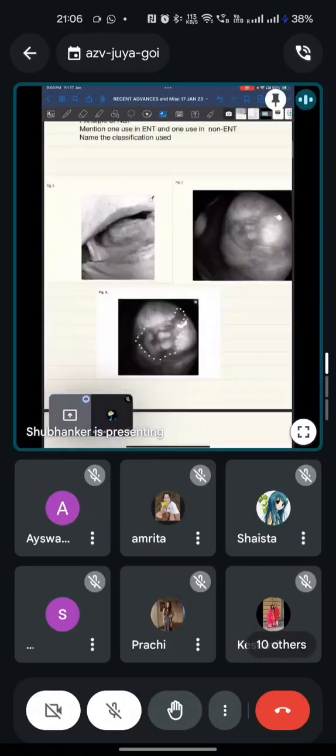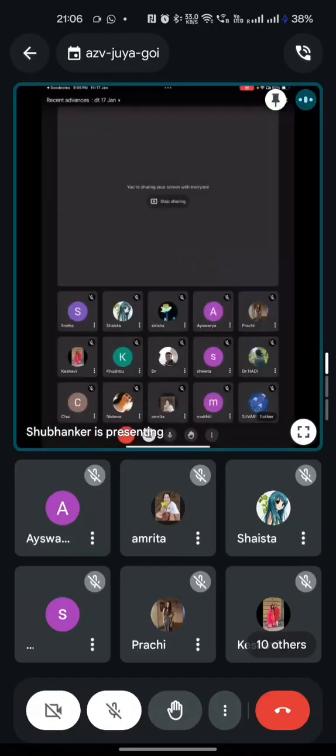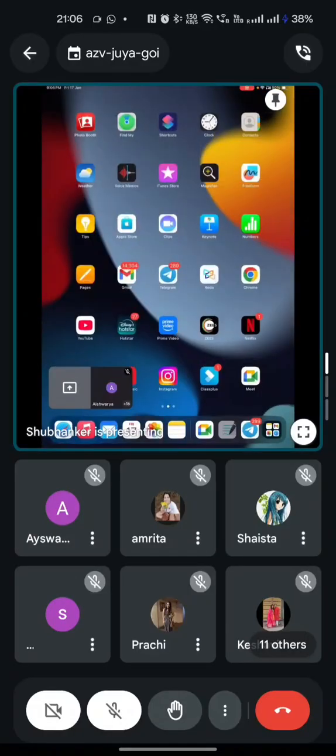Again, we'll make it a two-way interaction rather than just one side going to sleep. Okay, so there's an image placed in front of you, and they're asking you to identify the procedure, the principle of narrowband imaging, and mention one use in ENT, one use in non-ENT, and name the classification which has to be used over here. Okay, now